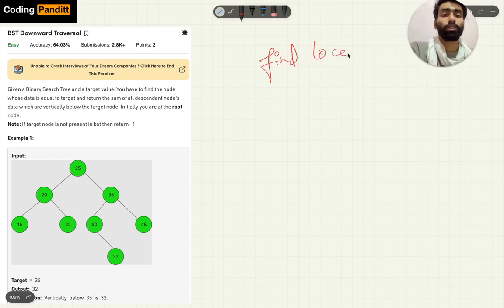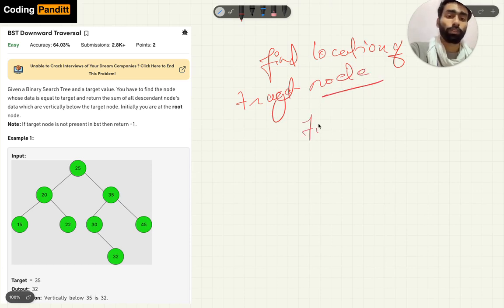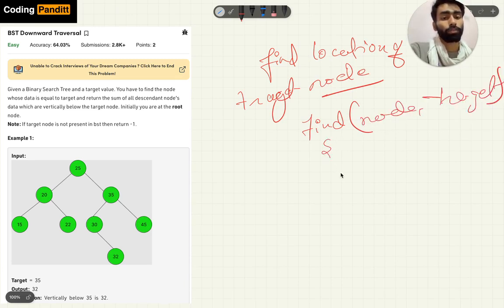We will find the location of the target node using a find function, where we provide the parameters node and target. Once the target node is found, we will call a new method named sum.